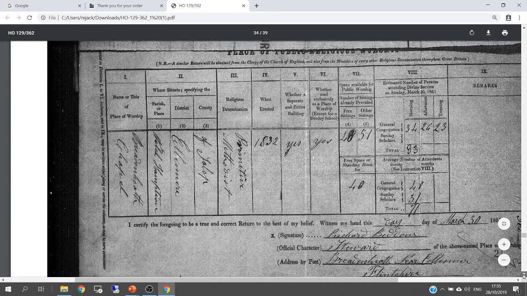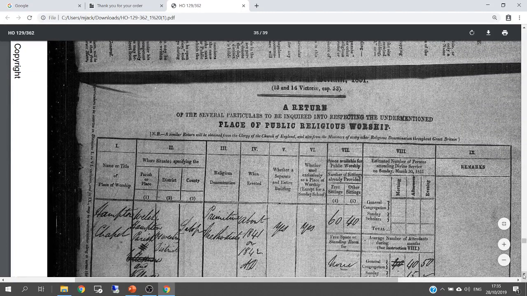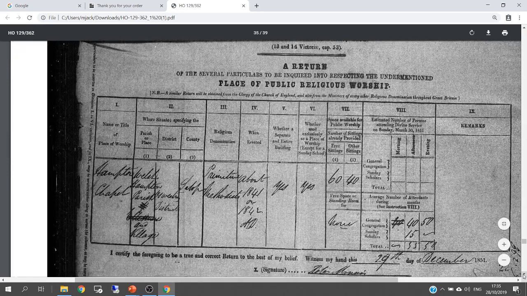I also know that the church that I'm looking for is somewhat less old than this. This church was erected in 1832. The one I'm looking for was a bit later, and we'll see that in a moment. So continue down. And here we have somewhere called